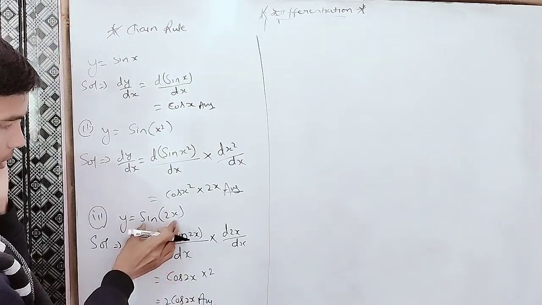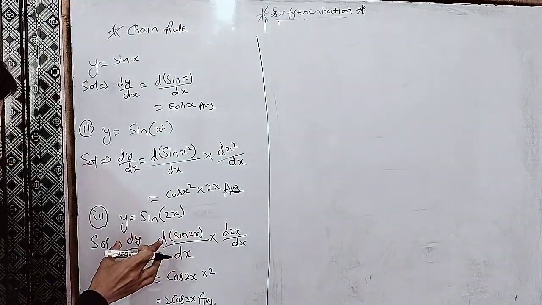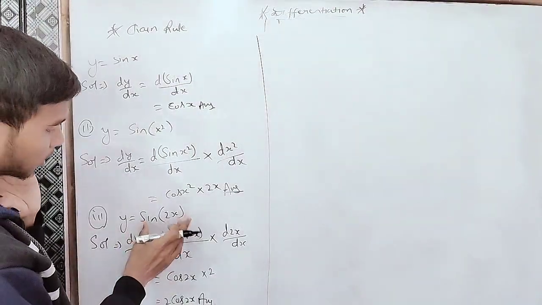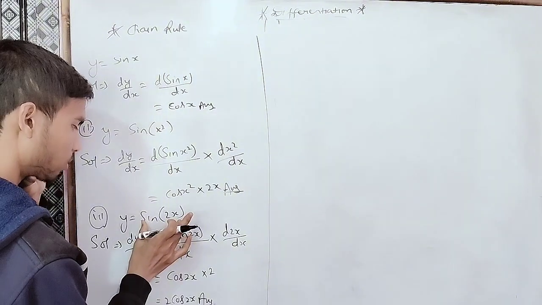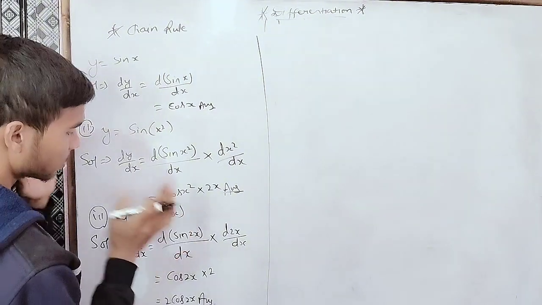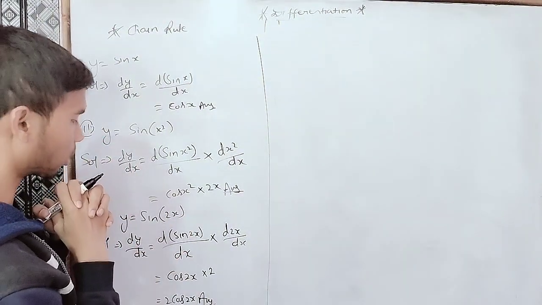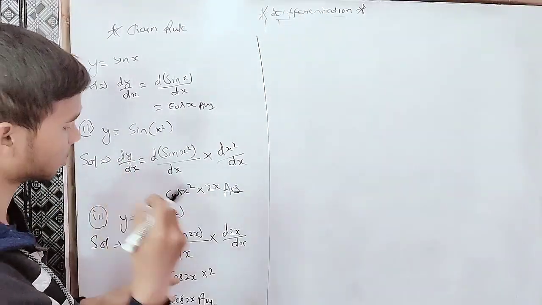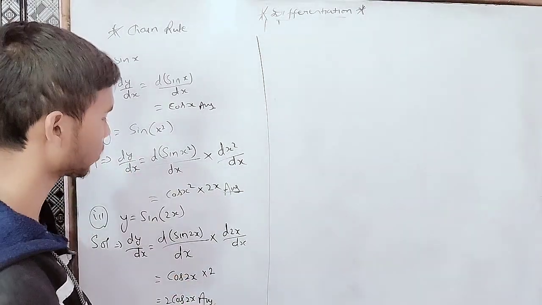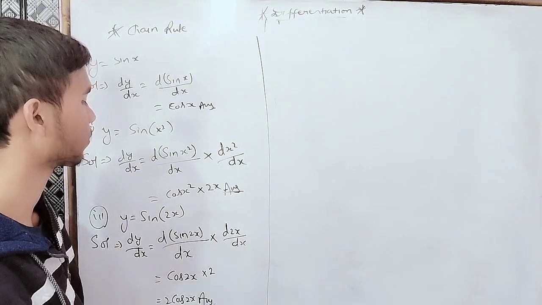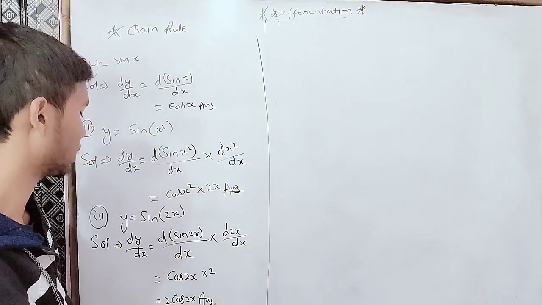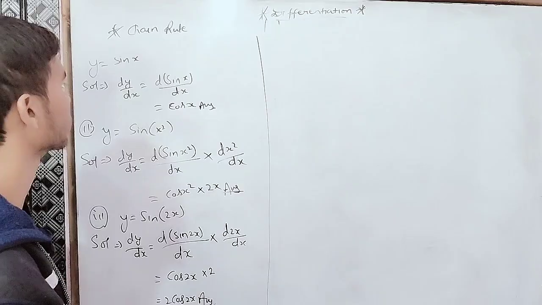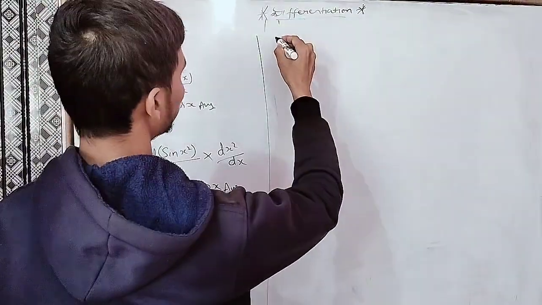So here, first of all we have to do differentiation of sin 2x, then differentiation of 2x. Differentiation of sin 2x is cos 2x, and then differentiation of 2x is 2. Then we have the answer 2 cos 2x. Okay. Next we have